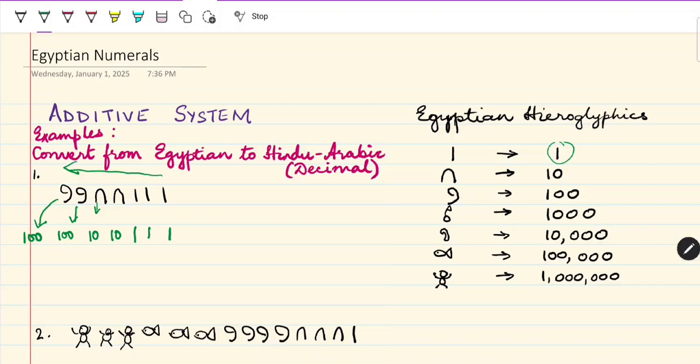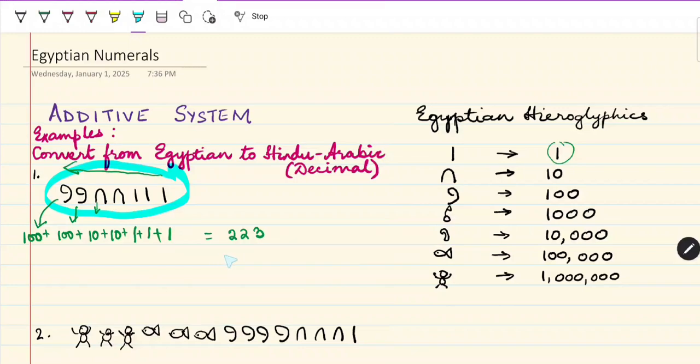So now that we have listed all these values, all we do is add them up. That's all there is to it. So it's going to be 100 plus 100 plus 10 plus 10 plus 1 plus 1 plus 1. So that would make it 223. So the decimal equivalent of this particular numeral out here has a value of